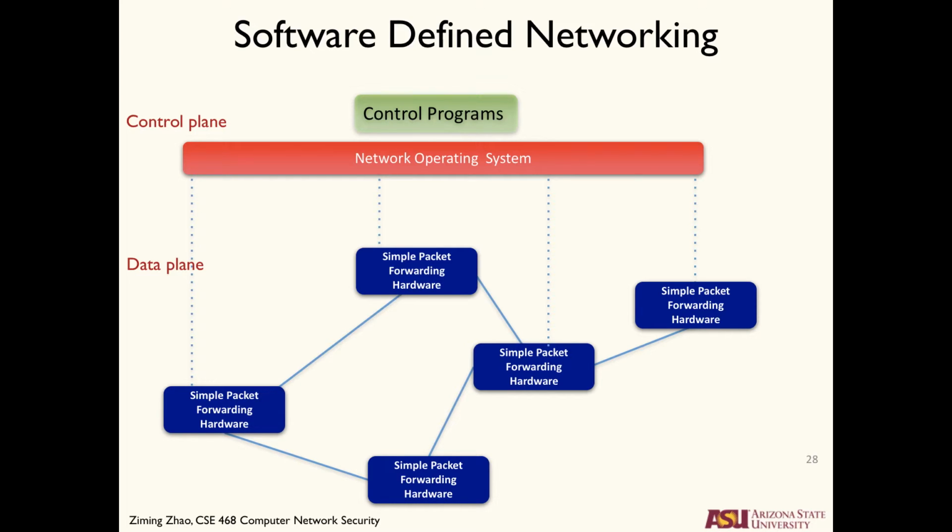So you can run different programs on this network operating system. It could be a load balancer. It could even be a firewall or intrusion detection system, which we will talk about next class. And those applications and operating systems will decide what each of those switches should have in their routing or forwarding tables. They will compute the routing table for each switch and forward that to each switch. Then each switch will only use that as a lookup table. Whenever a packet arrives, it will decide how to forward it.